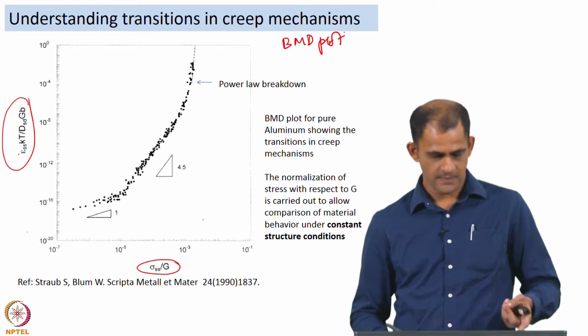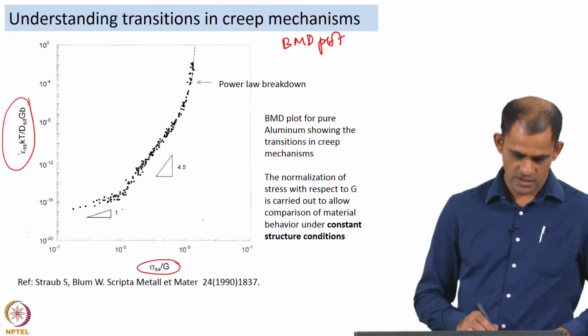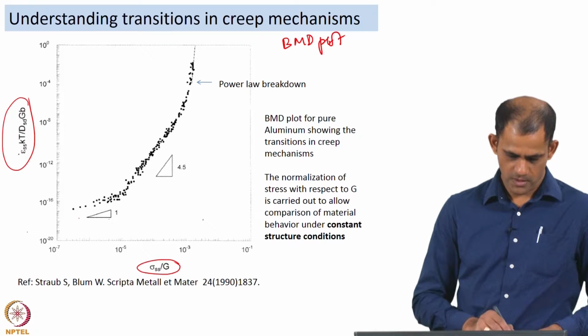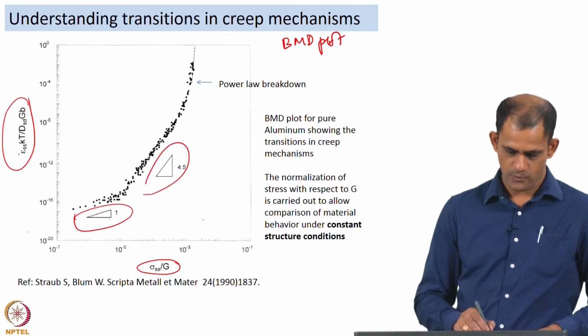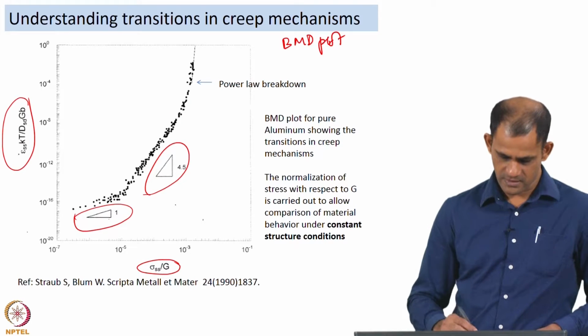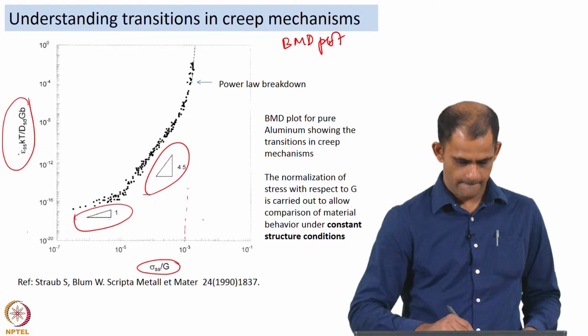So, this is a plot that I had shown earlier as well. Here, if you see, there is a transition in creep behavior. You are going from an n equal to 1 regime to an n equal to 4.5, and then you are going into the power law creep regime, and very interestingly, if you see, the power law creep regime